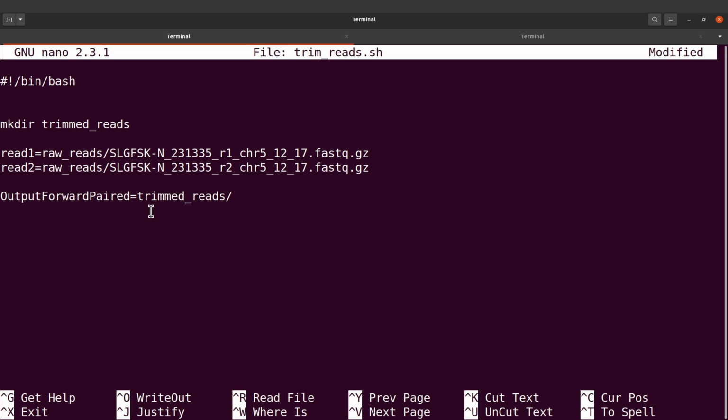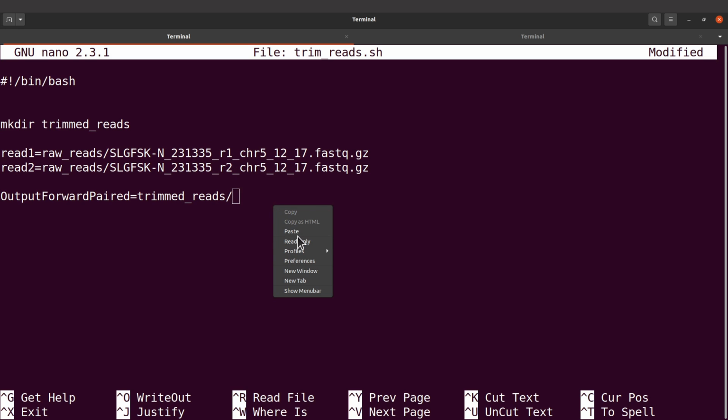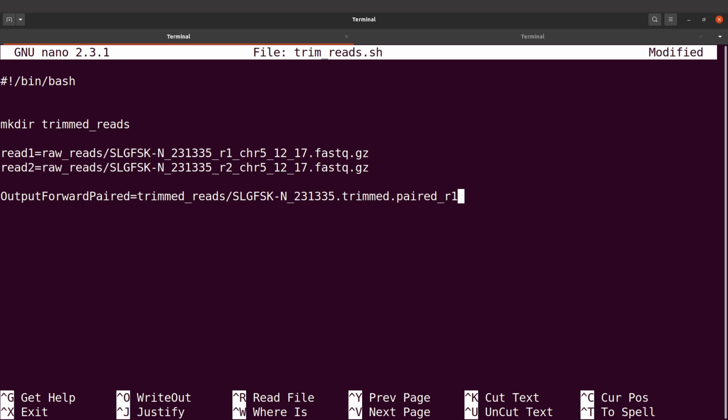So the output forward paired, these are forward reads that have made pairs in the reverse reads. So I'll have to give it a name. I'll use this base name here. So I'll paste it, and then I'll add dot trimmed dot paired underscore r1 dot fastq dot gz,